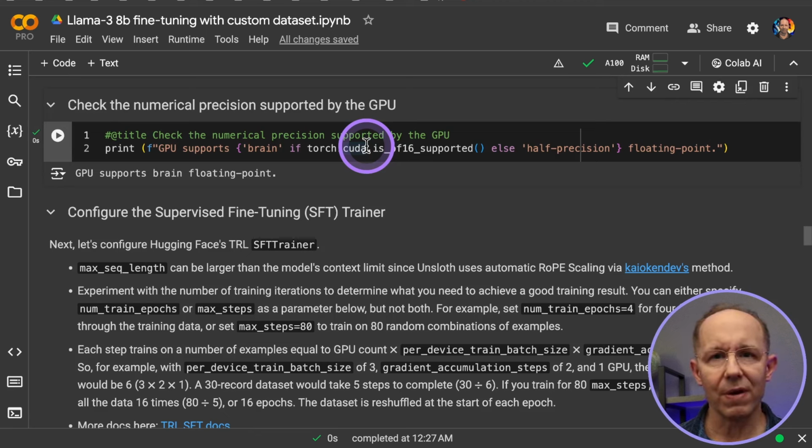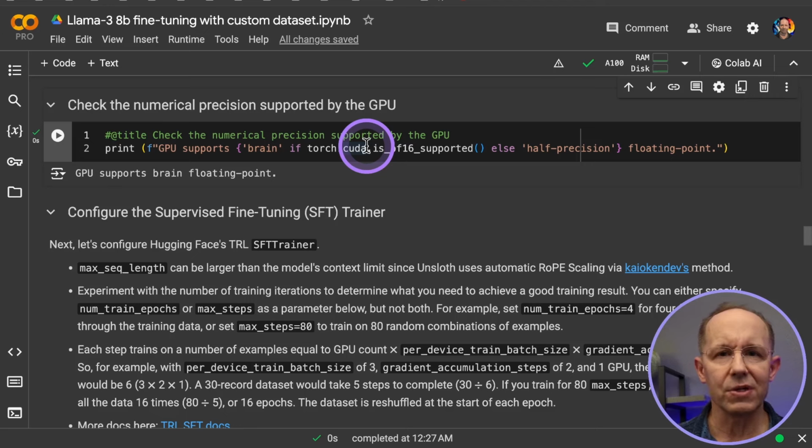Also, here's where we configure how many passes through the data we'll make when we're fine-tuning. We can set the number of steps for the training or the number of epochs. There's a great explanation here to help you decide what to choose. However, epochs is the easiest to understand. If you set num train epochs to 20, the trainer will pass through every record in the training dataset 20 times. Steps is a little more complicated because you have to know the effective batch size to calculate the equivalent number of epochs. Experiment with different values for max steps or max train epochs.